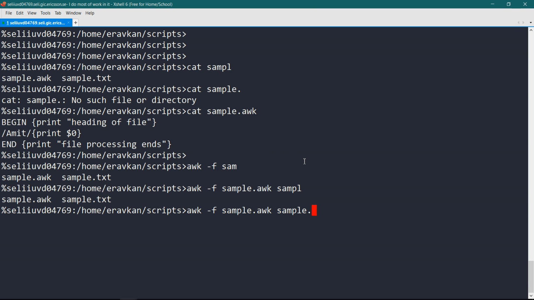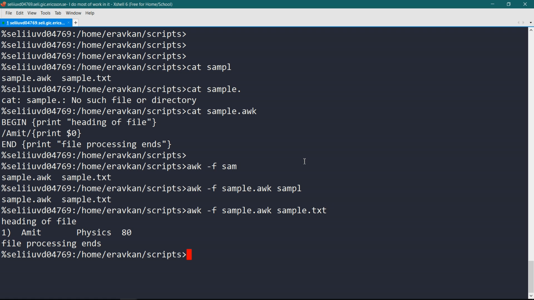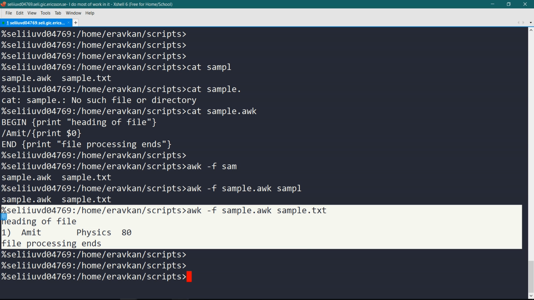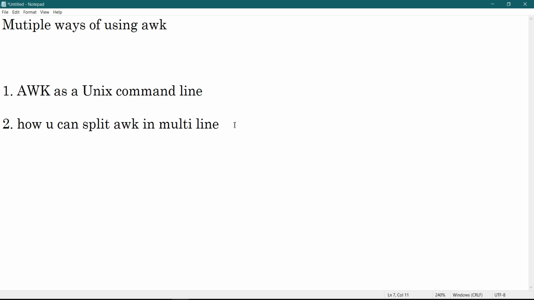And now I can give the file sample.txt. This way I can also do it. So I have explained the third one, running awk from a file using -f. The fourth and last one is how to run awk as an awk script.